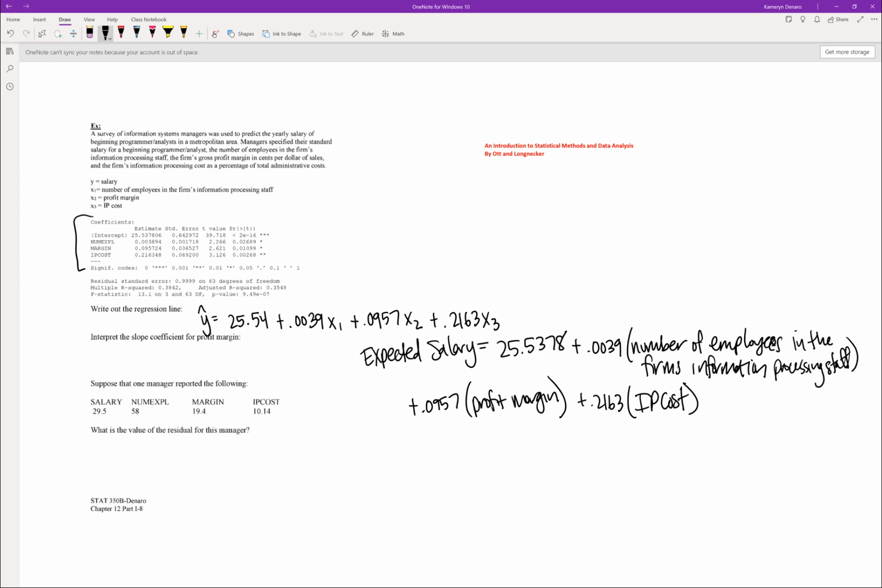Interpret the slope for the profit margin. Let's first identify the estimated slope. Profit margin was X2, so beta hat 2 was equal to 0.0957. Profit margin is measured in cents per dollar of sales. So a 1 cent per dollar of sales increase in the profit margin